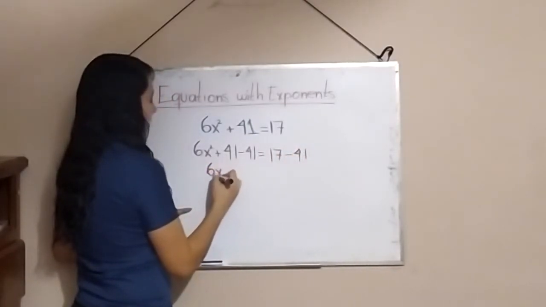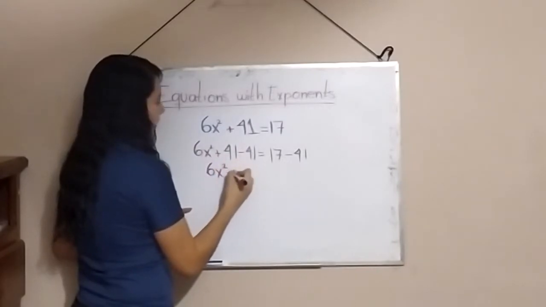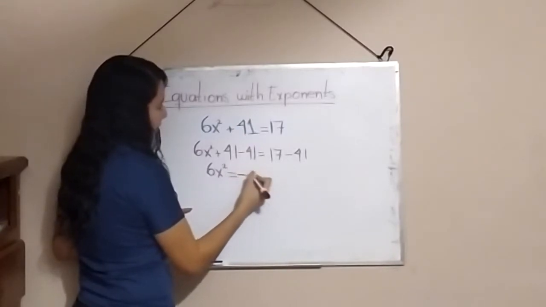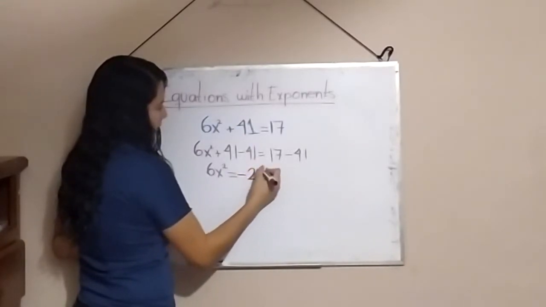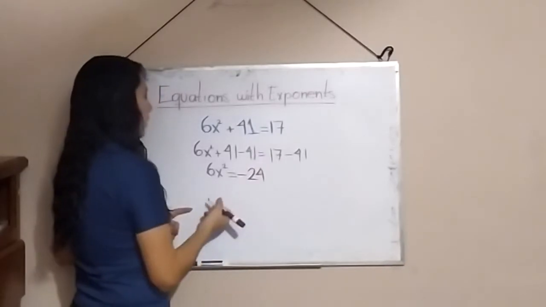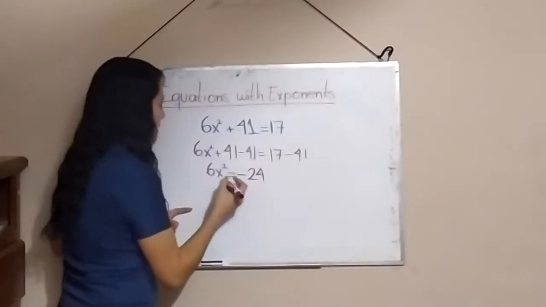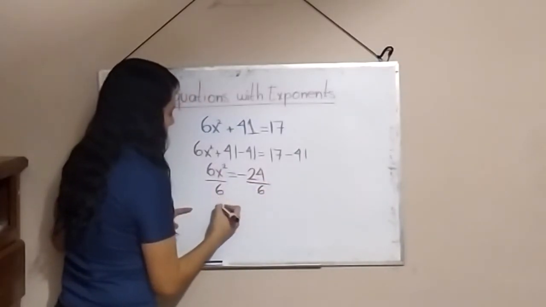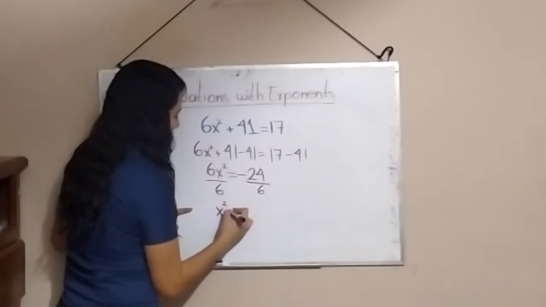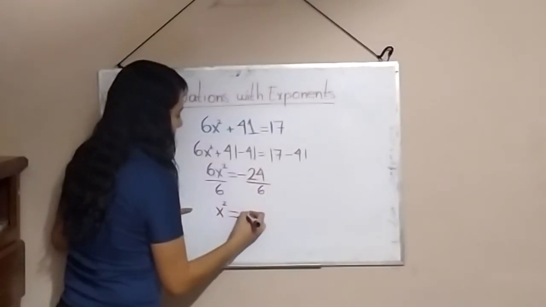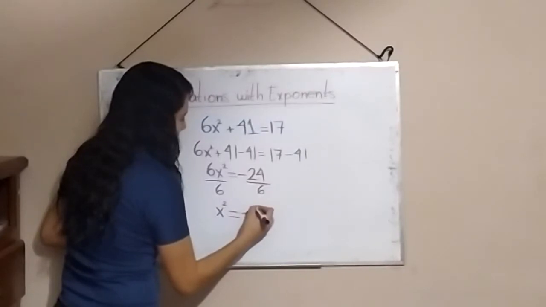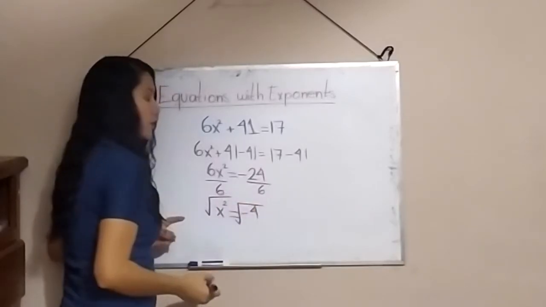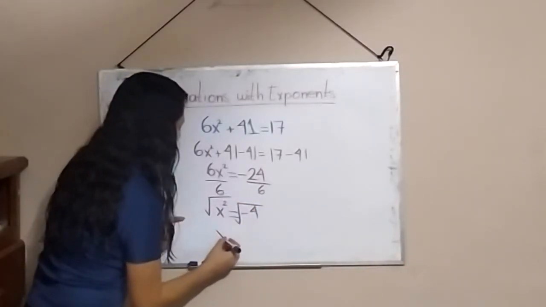We get 6x squared equals negative 24. Now we are going to remove the multiplication by dividing. 6 divided by 6 is 1x squared. Negative 24 divided by 6 is negative 4. We get the square root. The result is x